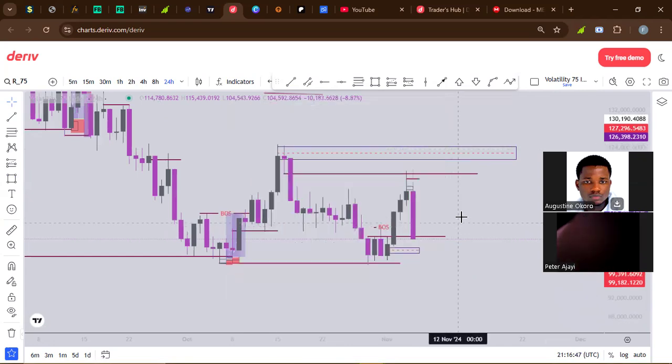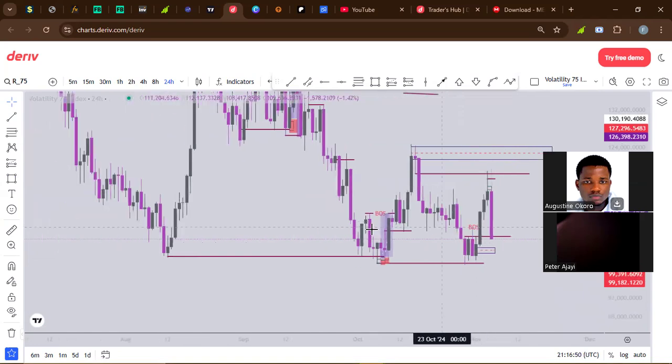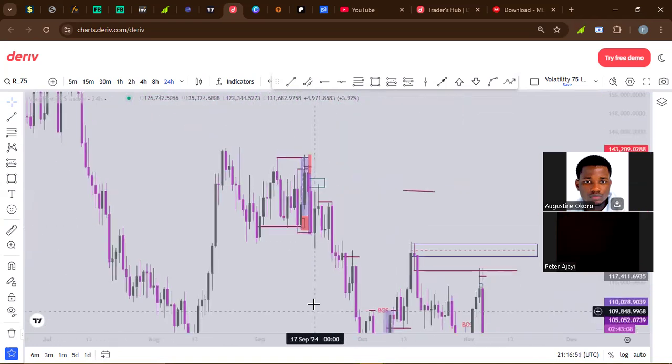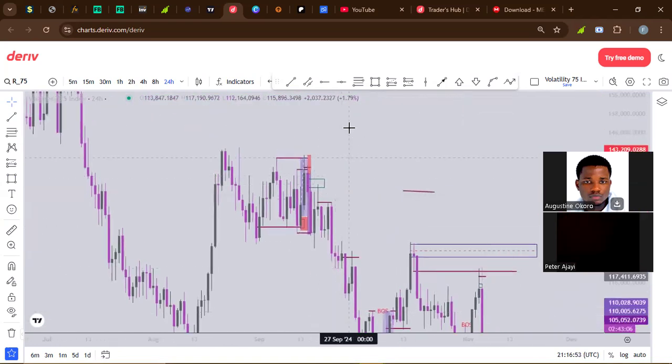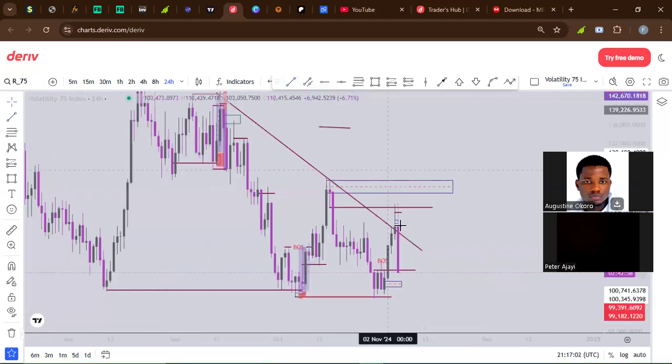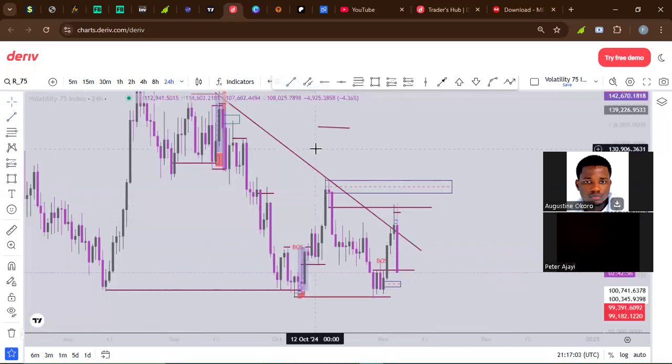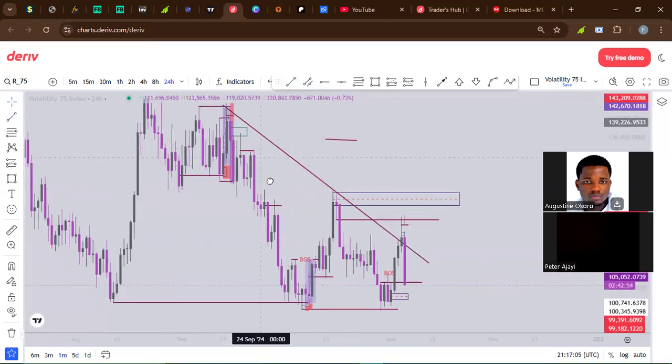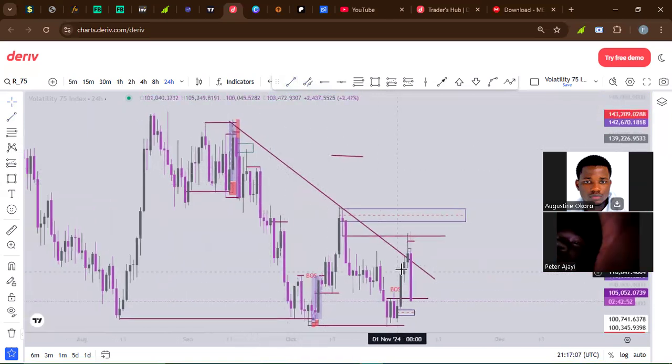I don't draw trend lines anymore because I already understand. I can just set, okay, here is my trend line. I already know that this is the trend line. You can see that the market just broke out of this daily trend line.